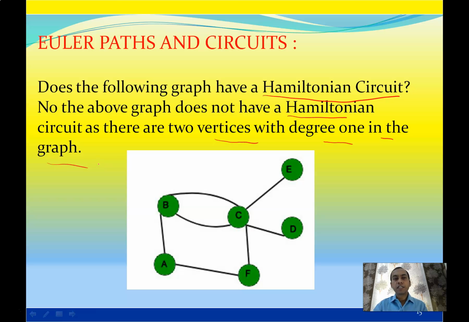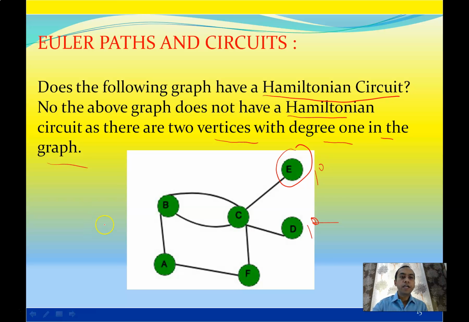So it asks about Hamiltonian circuit. सो हैमिल्टोनियन सर्किट कब होगा? हम जहां से स्टार्ट करेंगे, जिस वर्टेक्स से, उसी पर आना है और रिपीट नहीं होना चाहिए. सो दिस इज नॉट पॉसिबल. क्यों? क्योंकि विथ टू वर्टेक्स ऑफ डिग्री, दिस इज 1 डिग्री, दिस इज 1 डिग्री. सो दिस इज नॉट हैमिल्टोनियन सर्किट. Hamiltonian is similar to Euler, provided that Hamiltonian concentrates on the vertex and Euler on edge.